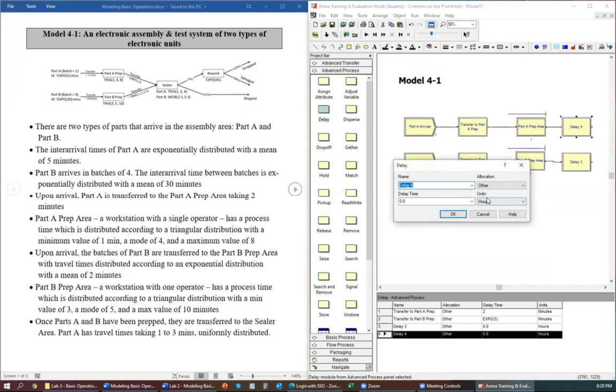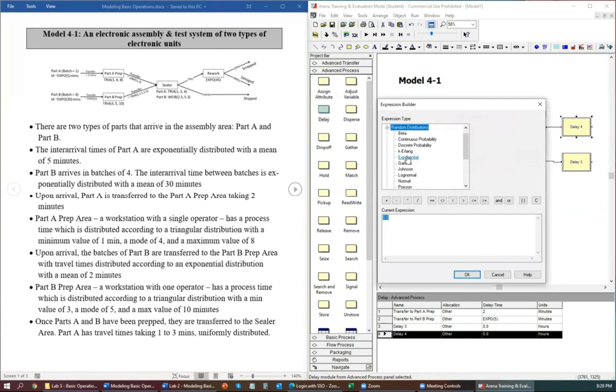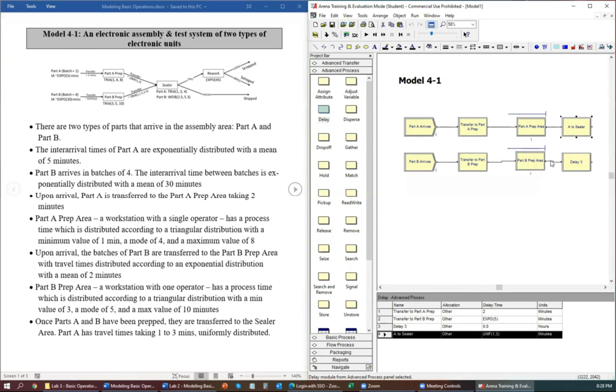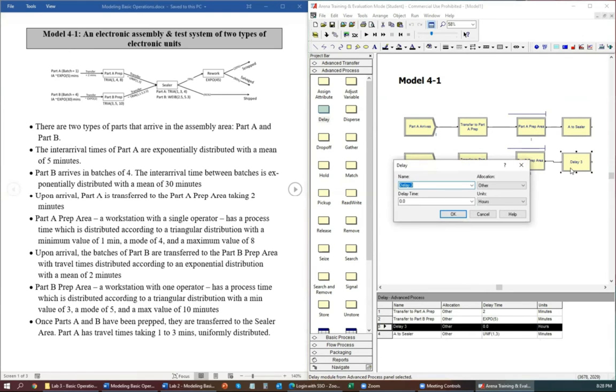So let's name these: A to sealer. And this is uniform from 1 to 3. Again, we can right click and go to the expression builder, random distributions, uniform between 1 and 3, or you can just type in directly UNIF(1,3) minutes. Okay. And then B to sealer